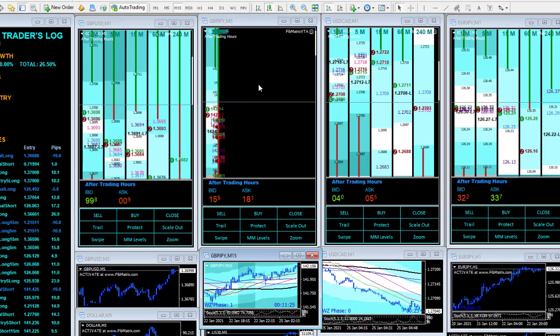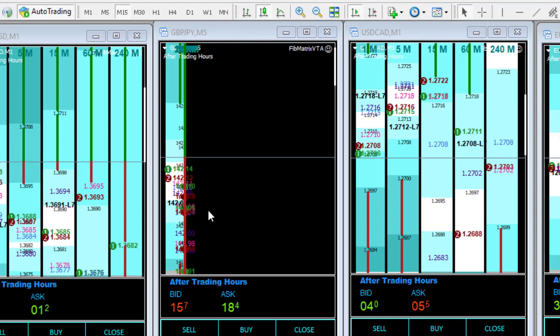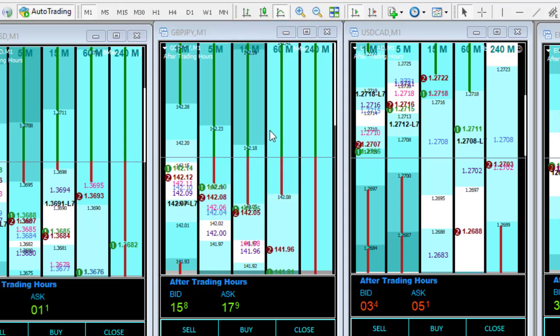And then there's another issue right here you can see on pound yen, where this also happens mostly on Mondays after the weekend, but it can also happen anytime there's a big gap in the chart. If you see a grid that looks like this and it's not showing all of it, or everything looks scrunched up on one line here, all you need to do is change your time frames until you find one that works. So usually the 1 minute chart,